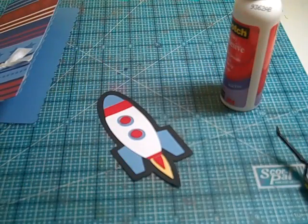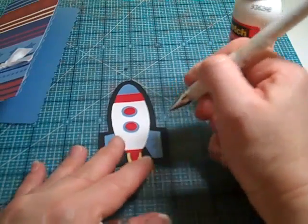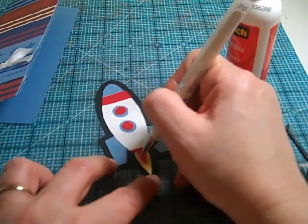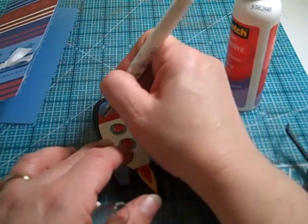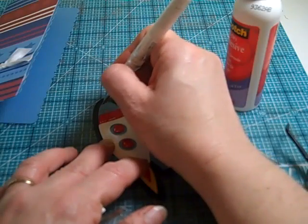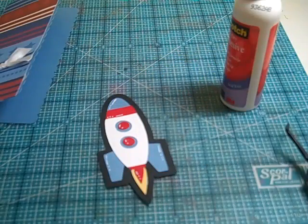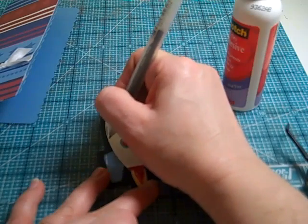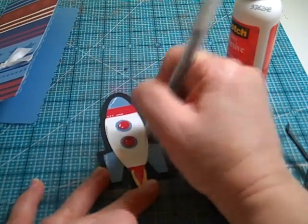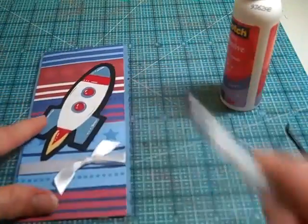Alright, so a couple more things I like to do. I really like to add white gel pen to all my images. I think it really makes the images pop. So I'm just going to add a few dots and lines on my image. And then on the white, I'll use my black gel pen and add a few there. Alright, so there we have our rocket, which we're going to put on our card,